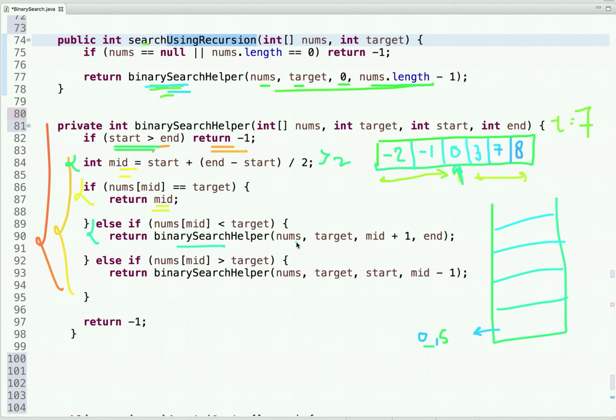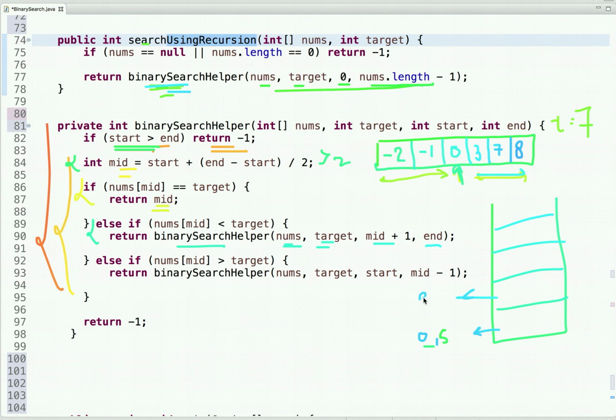So what are the new parameters? New parameters in the sense of new values of start and end. The array and target remain as they are. We have to search in the right half of the array, so we pass mid + 1 and then end.